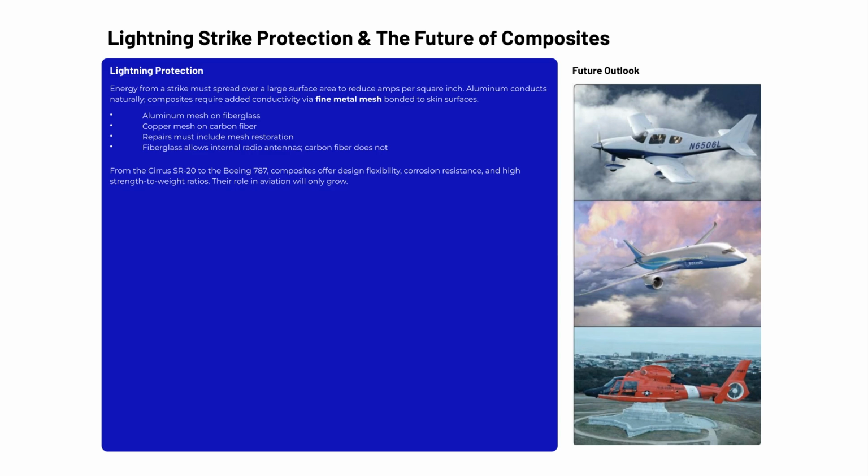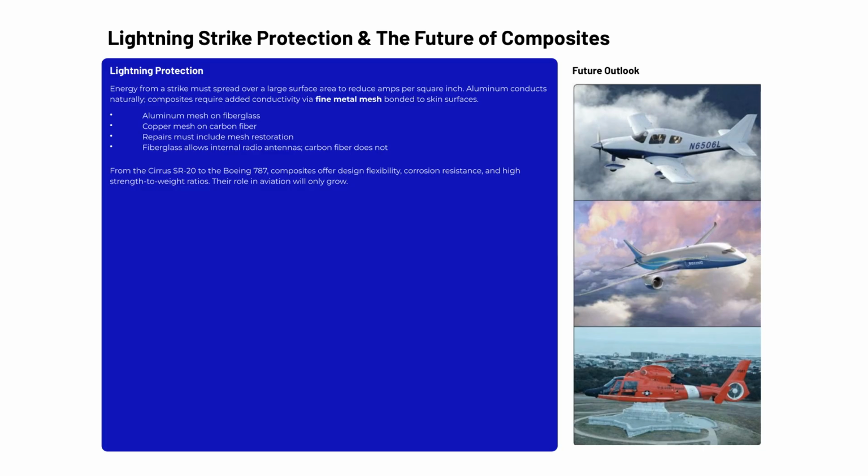Anytime you restore a composite skin, that mesh must be properly reinstated to maintain the aircraft's lightning protection integrity. Skipping that step is not an option. It's also worth noting that fiberglass is transparent to radio frequency signals, which is why internal antennas work well in fiberglass airframes. Carbon fiber, on the other hand, acts as a shield and blocks those signals entirely, requiring external antenna